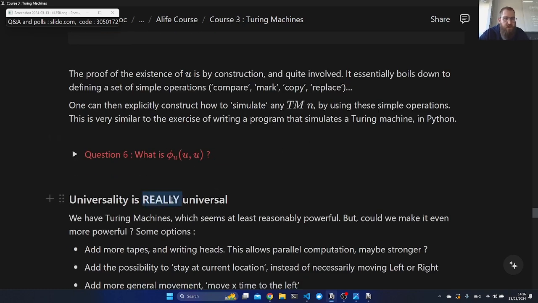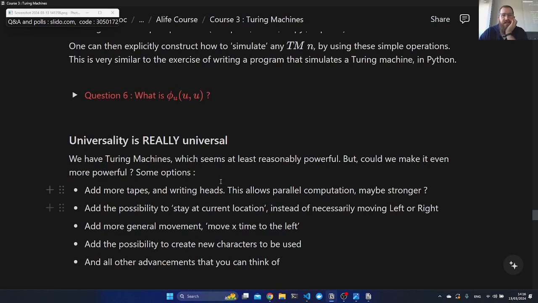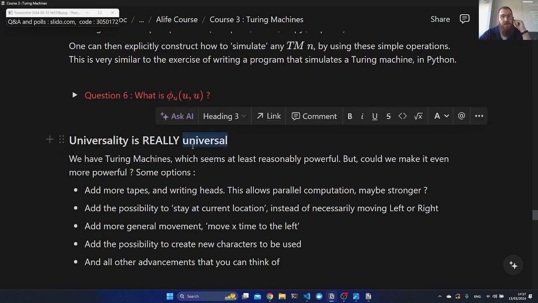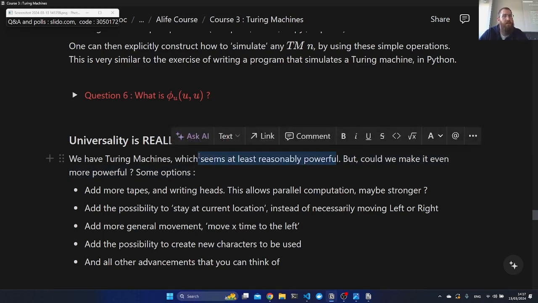So the last part that we need to know about this Turing machine is that, with this universal Turing machine, it seems at first that it can do what any other Turing machine does, but in reality, it's much more than that, okay? It's called universality for a reason, because it's really universal. So what you can ask yourself is, we defined this Turing machine with a head reading on a tape and whatnot, and we saw that it is at least reasonably powerful, so it is stronger than finite automata,